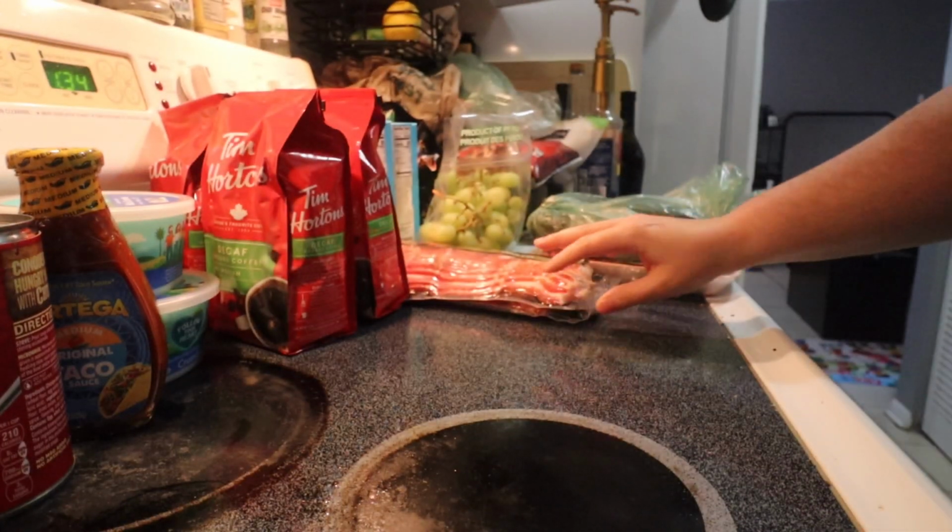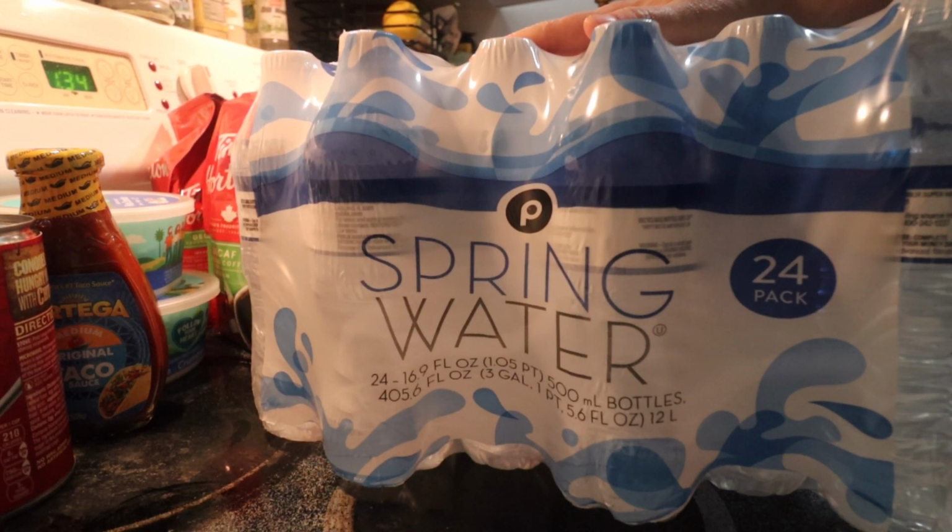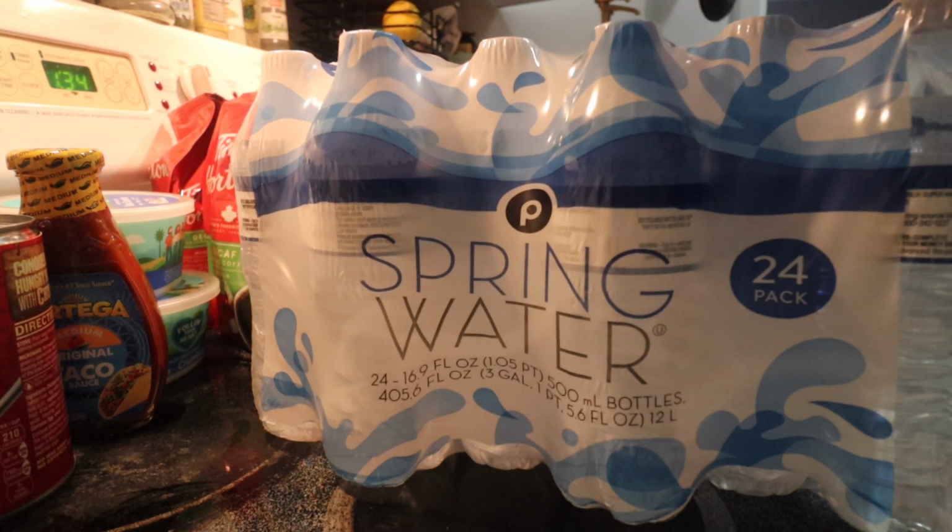So that's all the food type stuff. Now let's get to the drinks. I got one of these 24 packs of spring water. I always get spring water because drinking water, purified water, it's basically tap water. Spring water is the only clean stuff that you can get,